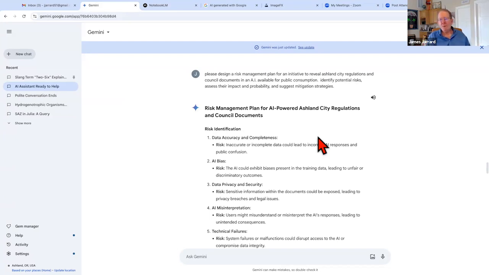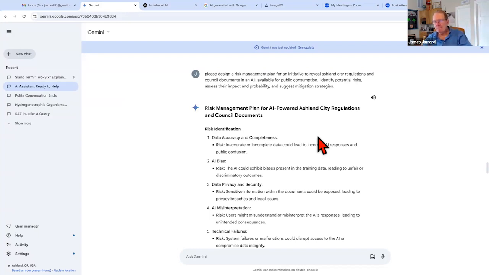So what if I wanted to run an AI on a Dell computer, the $2,500 Dell computer that could be here in 3 days? I want to start using all of Ashland's regulations and council minutes and videos and all that stuff as the corpus of material to